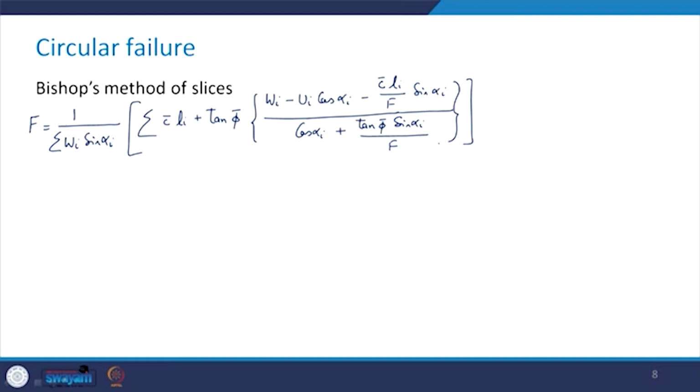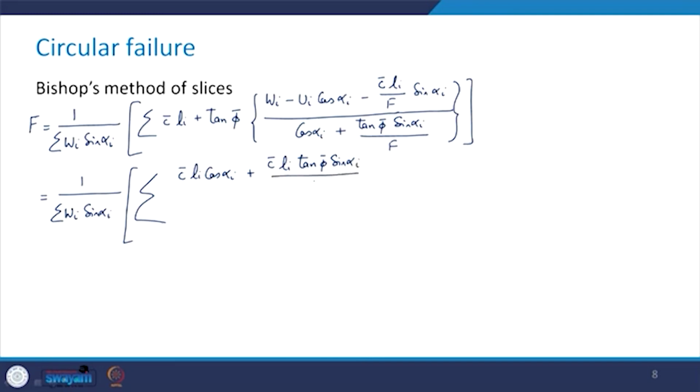Now, try to simplify this and see what we get. 1 upon summation Wi sin alpha i, and then I will have here a big summation sign and C bar Li cos alpha i plus C bar Li tan phi bar sin alpha i by F